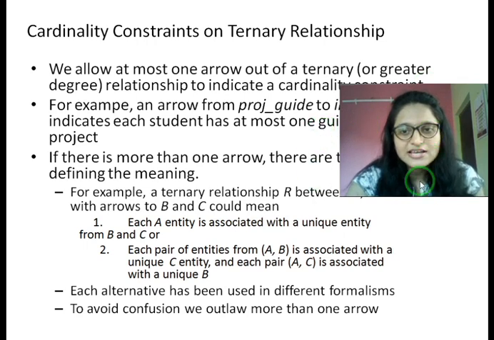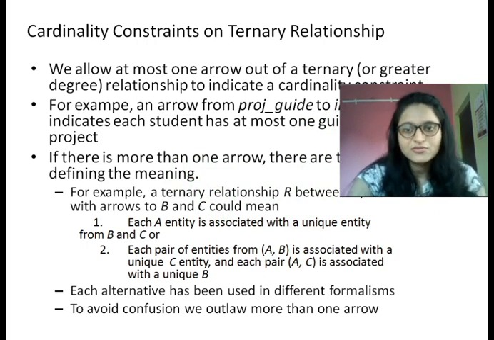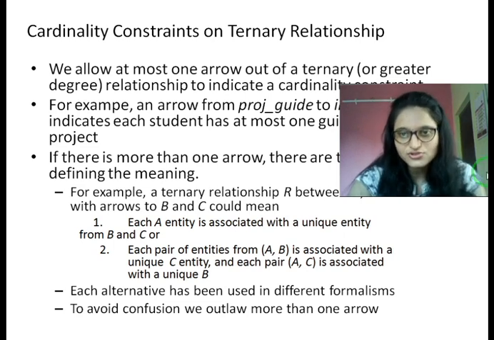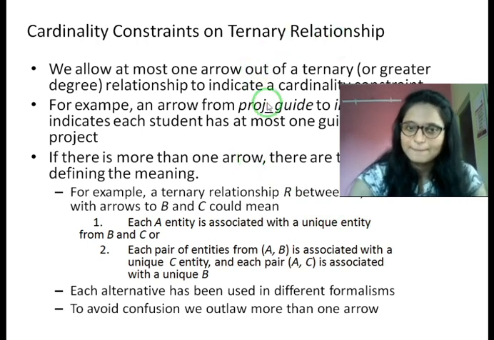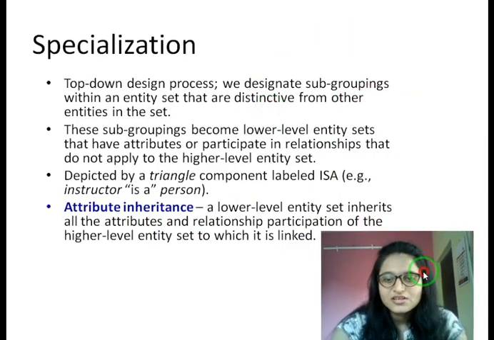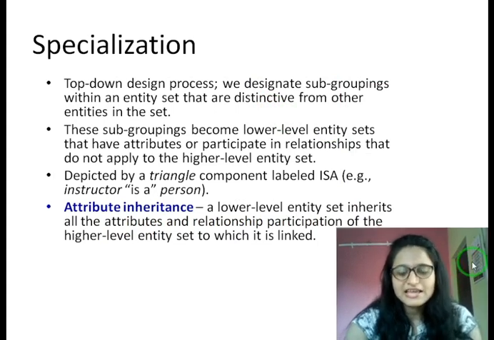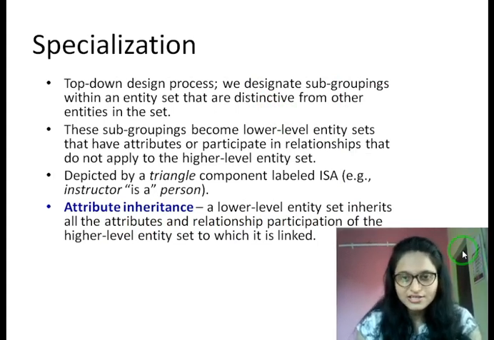When confusion comes, whenever the arrow is on both sides, at the B side and at the C side also, that time confusion occurs. So to avoid this type of confusion in a database management system, it is assumed that only one arrow is allowed in the case of a non-binary relationship. Okay. So next, there are some extended features necessary in terms of the entity relationship model.